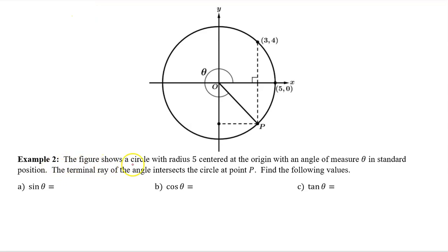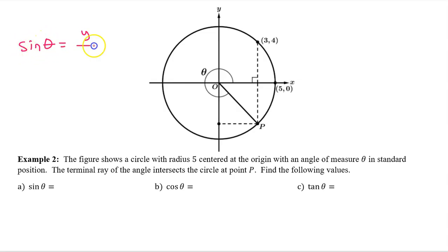Example 2. The figure shows a circle with radius 5 centered at the origin with an angle of measure theta in standard position. The terminal ray of the angle intersects the circle at point P. Find the following values. Part A, sine of theta. We know that the sine of theta